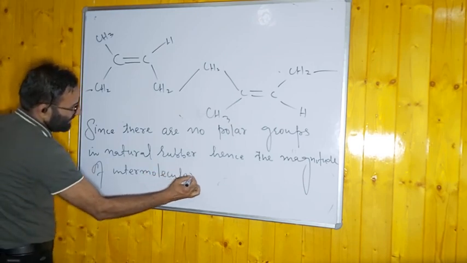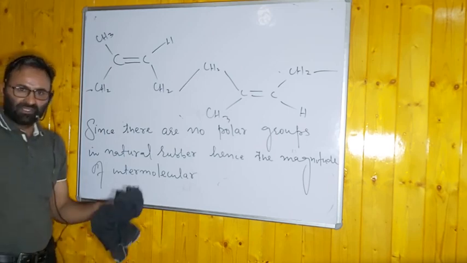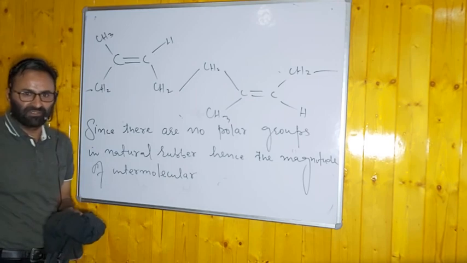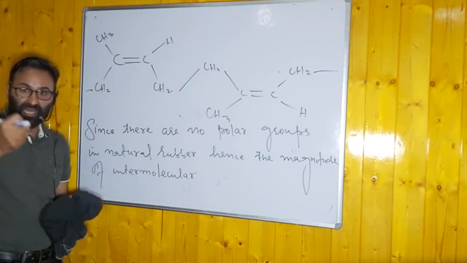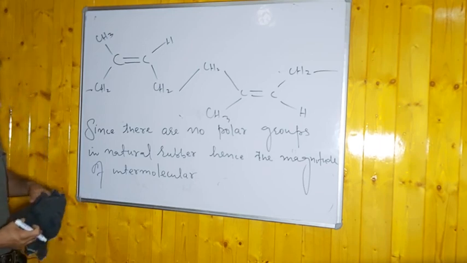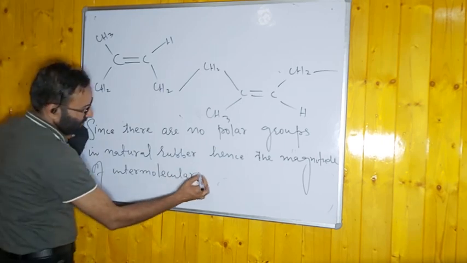We have already discussed this on the basis of classification of magnitude of intermolecular interaction between the polymeric chains. They can be weakest type, they are elastomers. They can be strongest, that is fibers. We have discussed these things. There are no polar groups in natural rubber, hence the magnitude of intermolecular forces